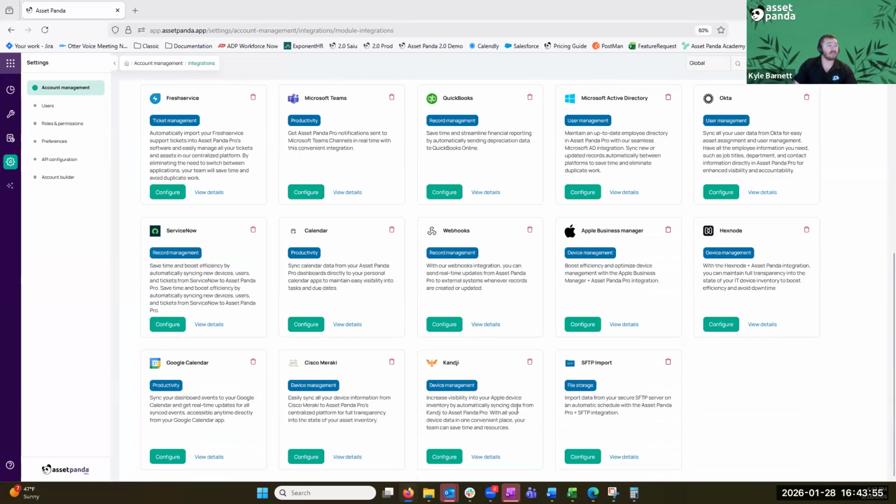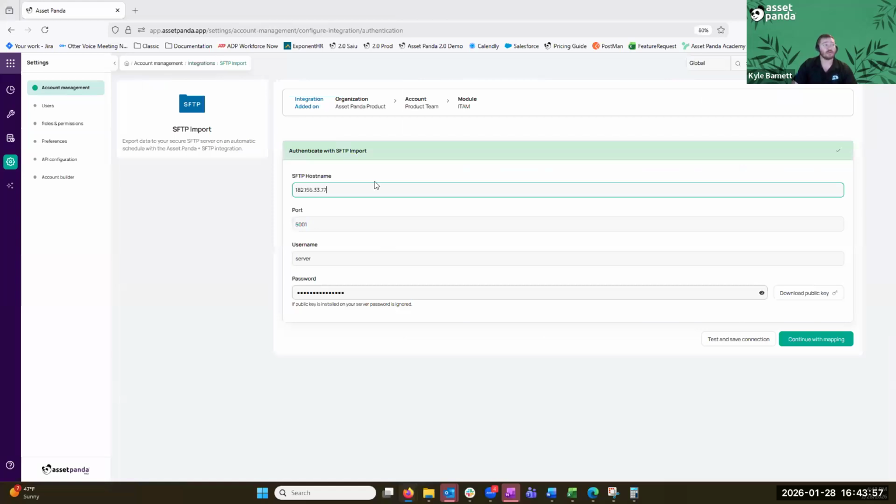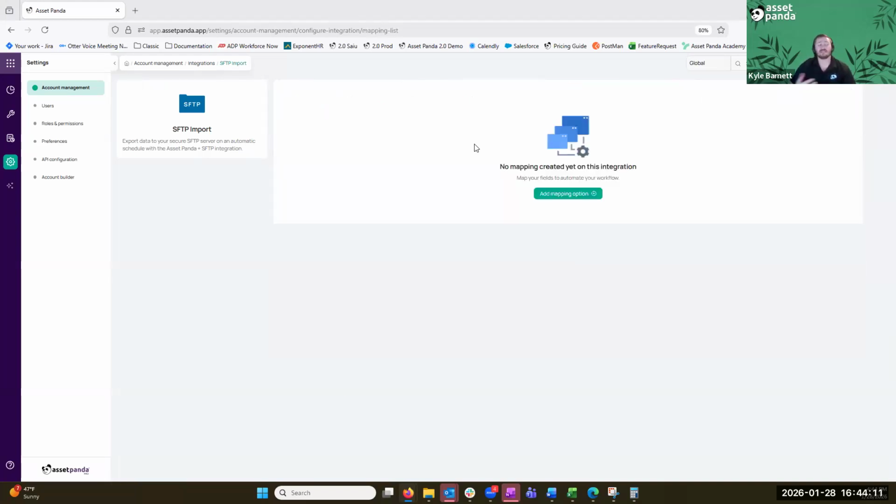From here, select the Configure button, and input the SFTP host name, the port for that, and then a user that has access to it, both the username and the password for that user. Once you do that and you select the test and save collection, then it's going to go and bring you